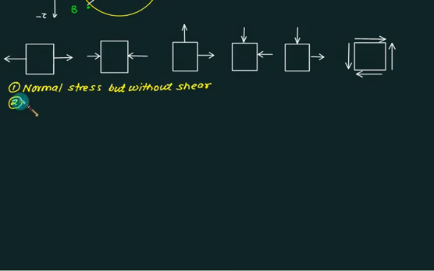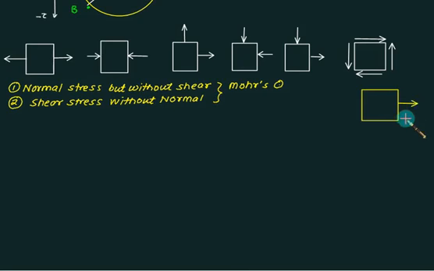All these figures represent, the first 5 figures represent normal stress without shear, and the last figure is with shear. Now in this case, the Mohr circle will work very fast, and you can very quickly find your answer. And if your figure has the presence of normal as well as shear, then you always use the formula. And if only pure normal or only pure shear, then prefer Mohr circle. So one by one we'll discuss this case.